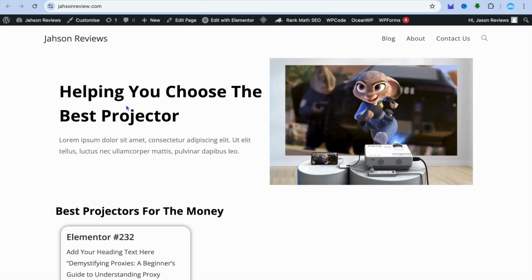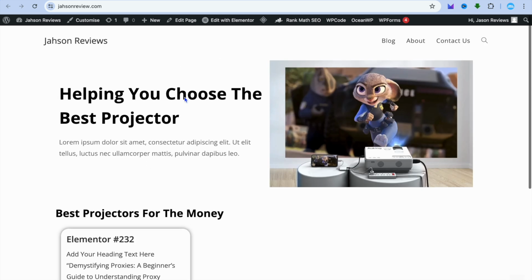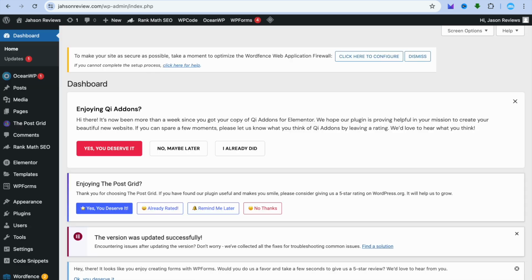In this tutorial, I'll be showing you how to set a page as home page on WordPress. For example, this is my home page at the moment. If I would like to change the home page, all I would need to do is go into my WordPress